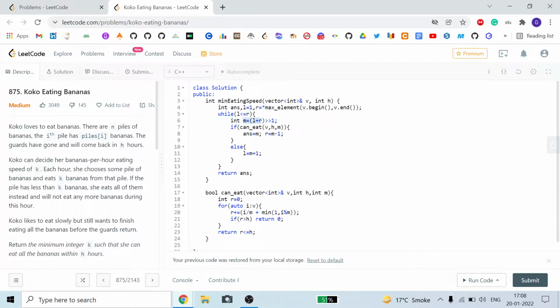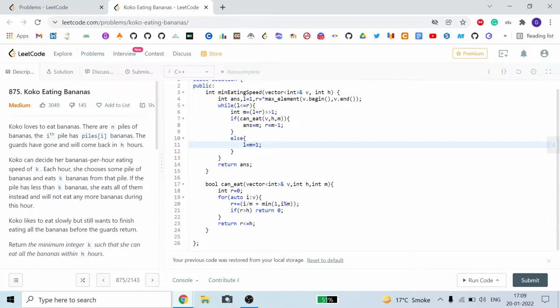We take the mid element of l and r, and we check: can we eat all the bananas in our vector v with speed of m within h hours? If we can do so, we modify our answer with m, and we search for a smaller k. Else, if it is not possible, then we just increase our speed.